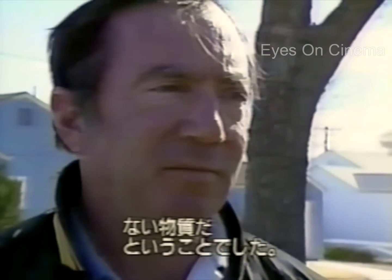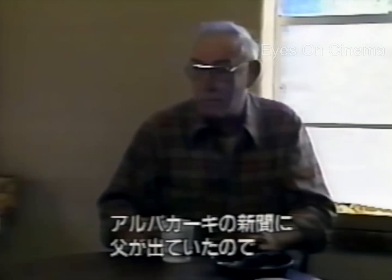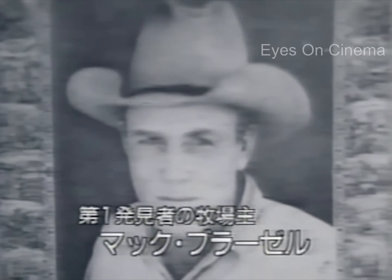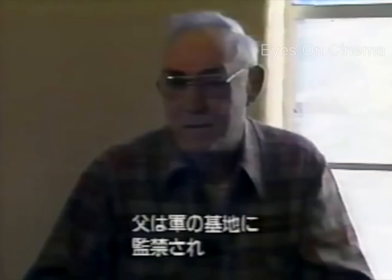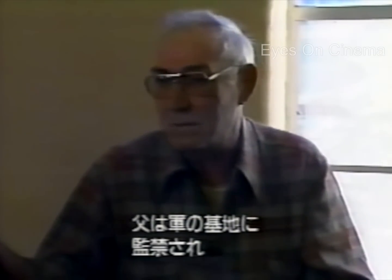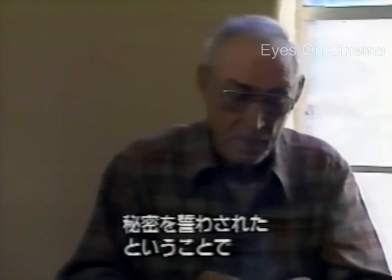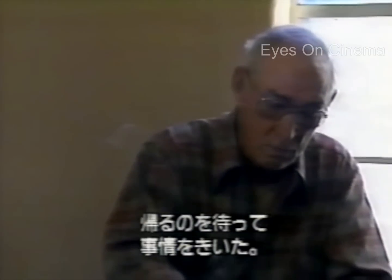I was not out at the ranch at the time, and I picked up an Albuquerque paper, and here's my dad's picture looking at me, and I thought, well, I wonder what he's done now. So I went on to read the article, and I told Shirley, I said, well, I guess I better go out to the ranch, because they said that the Air Force had asked him to stay in Roswell. Anyway, they swore him to secrecy, and I went out to the ranch and stayed until he got back, and I asked him